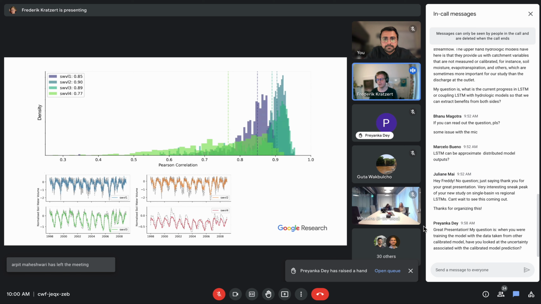What we're actually doing, and there's a paper published on this by my friend and colleague Daniel Klotz, is that instead of predicting just a discharge value, you predict the parameters of a mixture of distributions. Here we are using a mixture of asymmetric Laplacians.